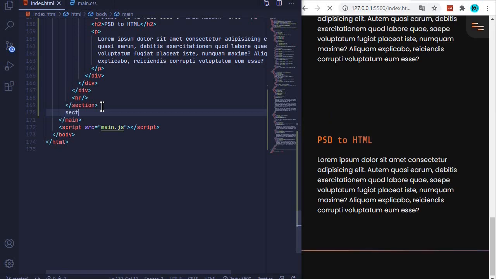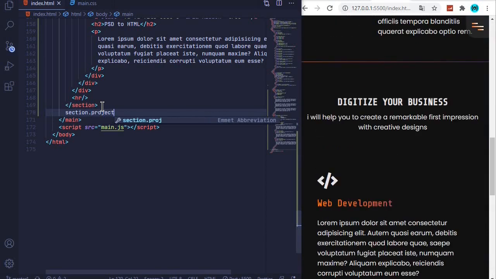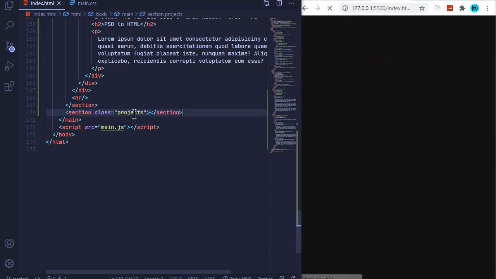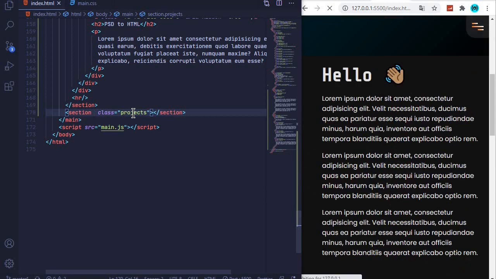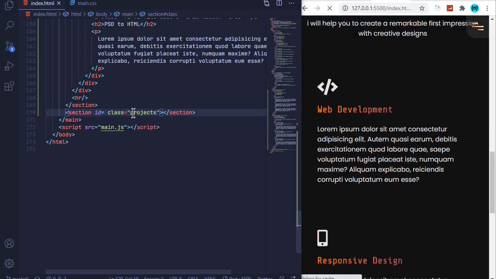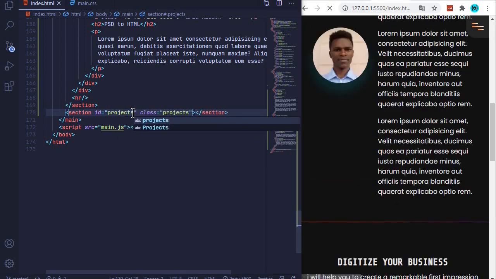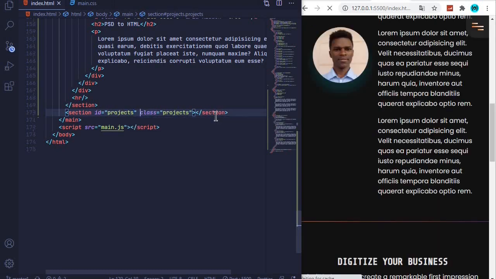So section.projects, enter, and then we will also add an ID of projects. So ID will be equal to projects,